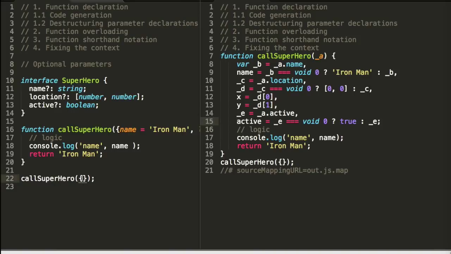The object that I pass to this function is an empty object, which is assigned to this underscore a variable here. Now our converted TypeScript JavaScript says that it is trying to assign the name property on my call object to the underscore b variable. Okay, let's just go ahead with that. Now after that, it's trying to check if my underscore b variable is not present. If it's not present, then it's assigning the name Iron Man to this